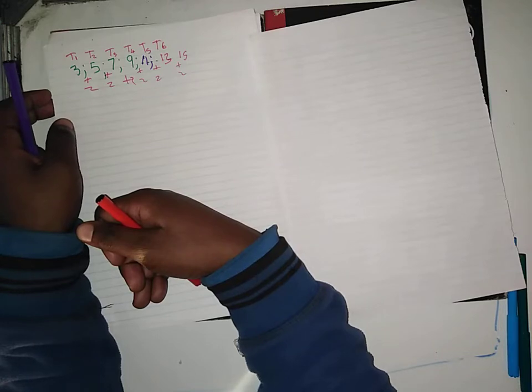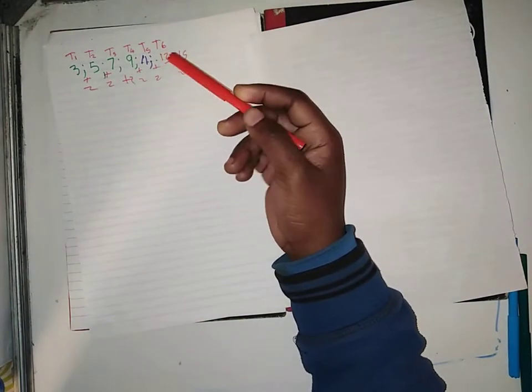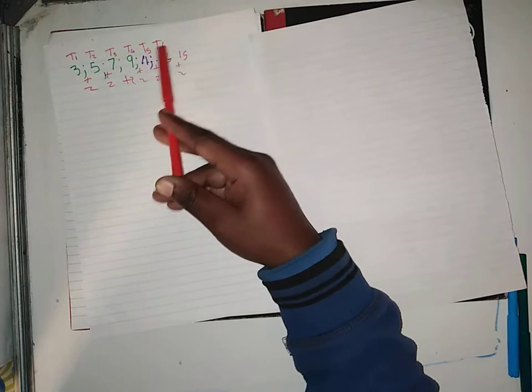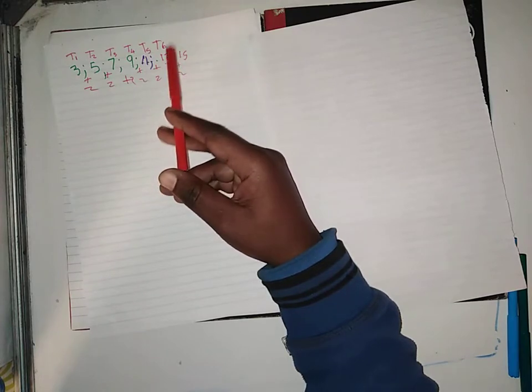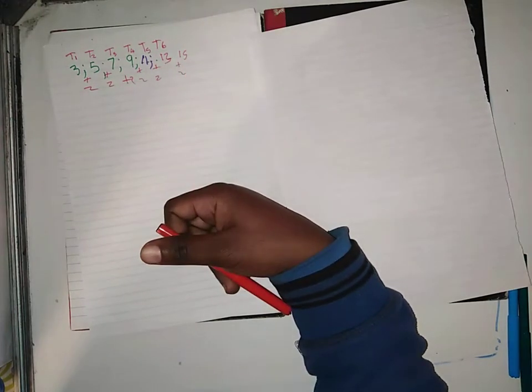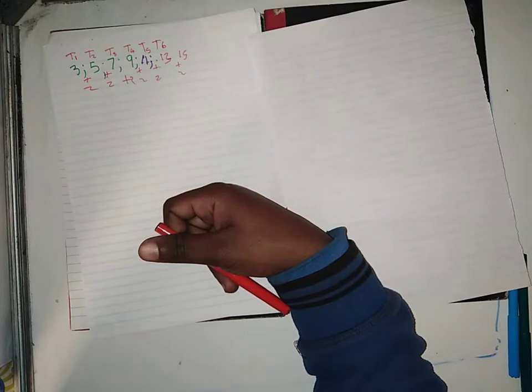All right. So if I were to have a question that says, give me the next 3 terms. The next 3 terms will be 11 and 13 and what? And 15. Okay. Now, let's say